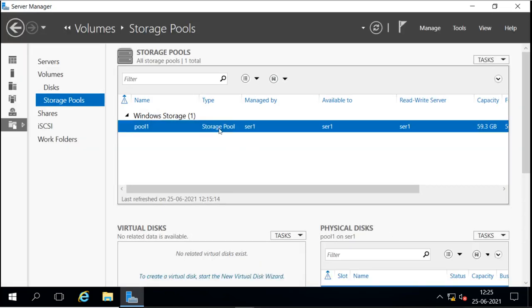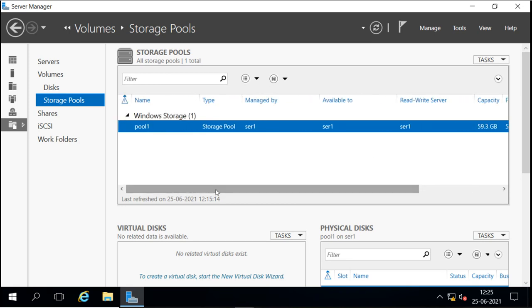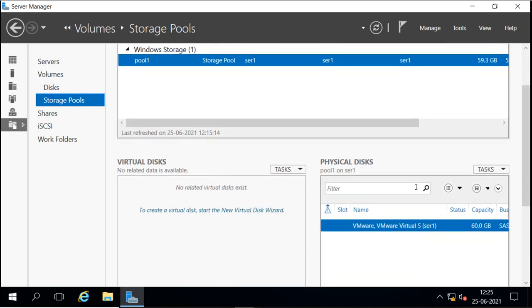It was showing primordial, now it is showing the pool name. The total size of this pool is 60 GB because the physical disk was 50 GB. And this disk is now used.